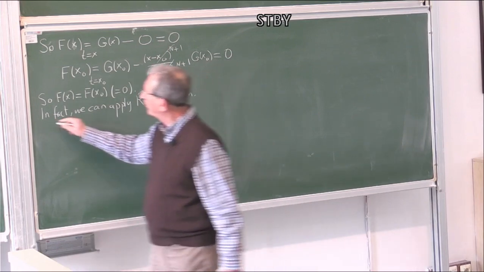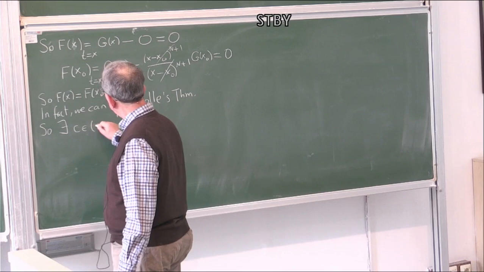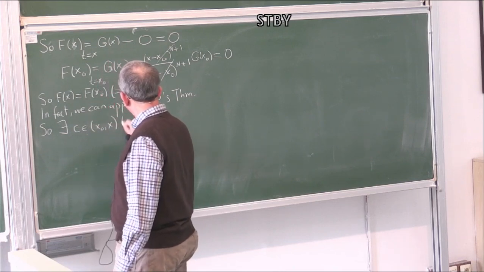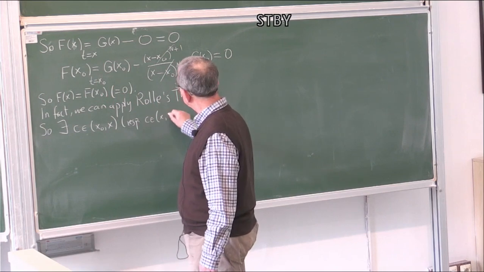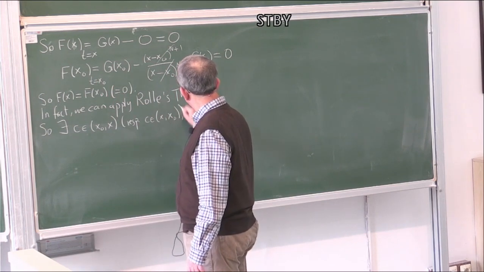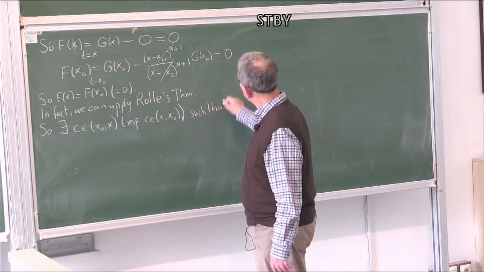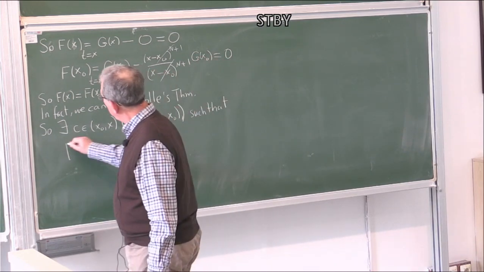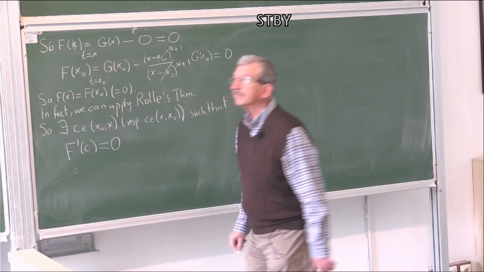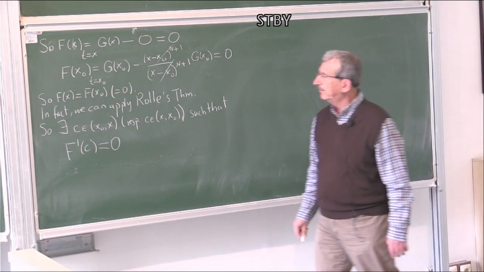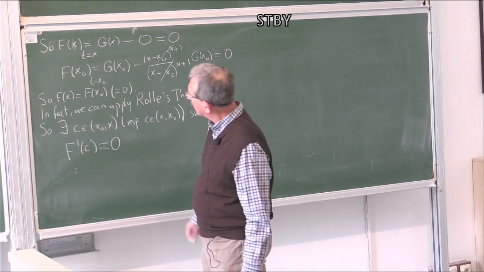Doing so, we can find a c in the interval (x0, x), respectively c is in (x, x0), such that f prime c is 0. Now, to see what this says,